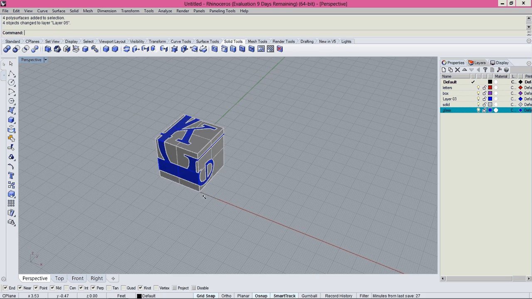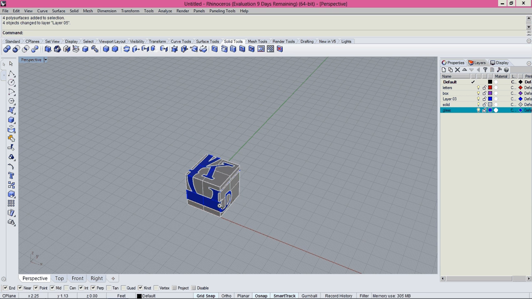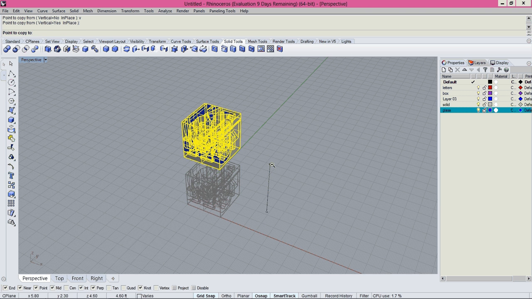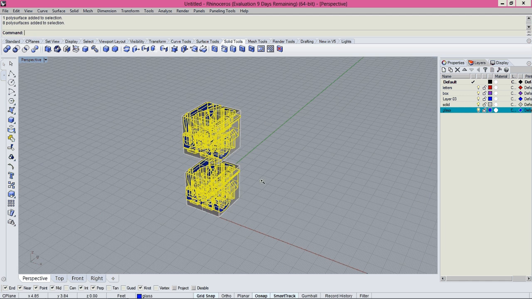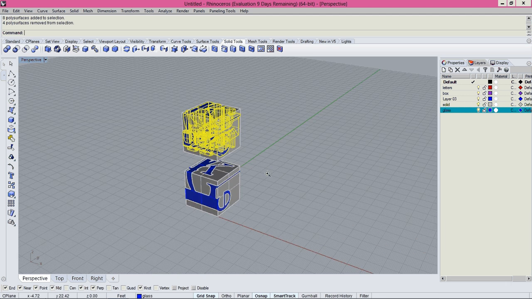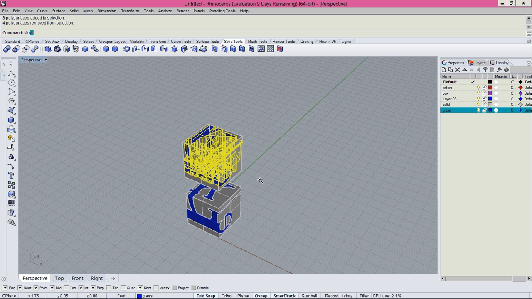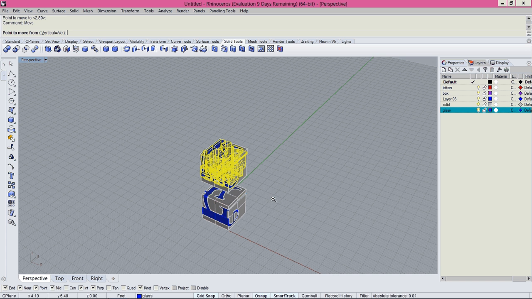Before we send this to render, what I'm going to do is copy this entirely. I'm going to say vertical, place it here, and now what I'm going to do is select the blue objects, deselect these guys, and move the blue, only the blue guys, sorry, vertical. Okay,